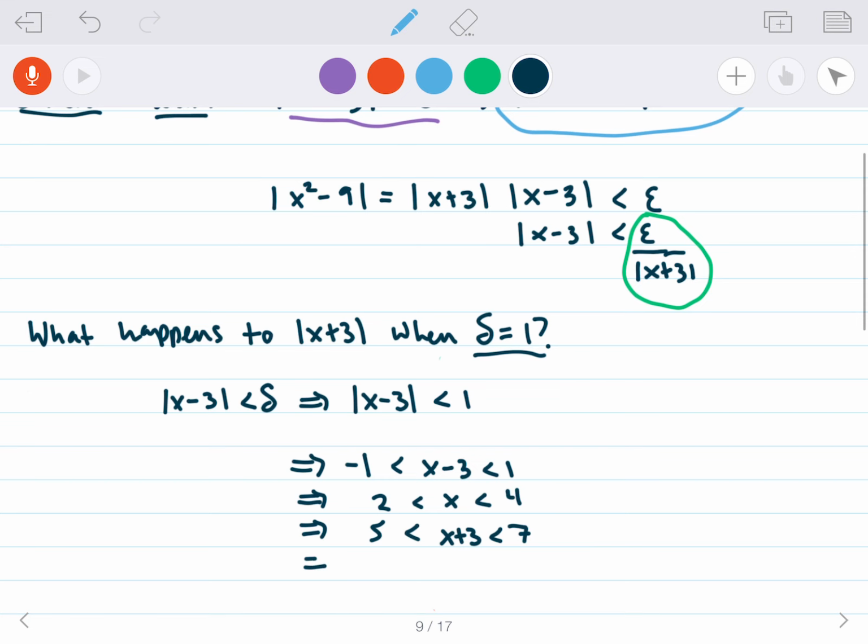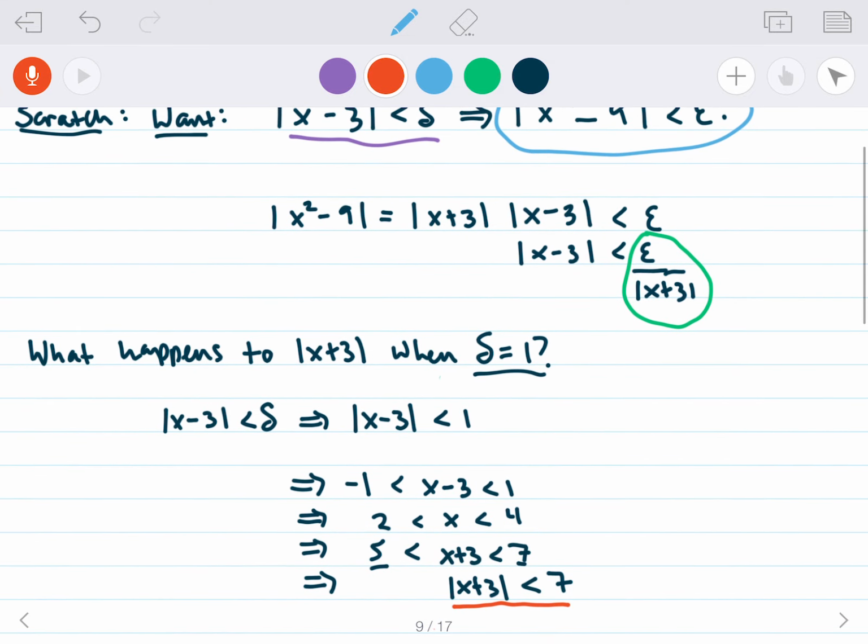And that tells me that by absolute value properties, like if I were to plot this on the number line, the absolute value of x plus 3 can't be more than 7. Okay, so that's the idea here. Now I have established a bound. And if that's true,